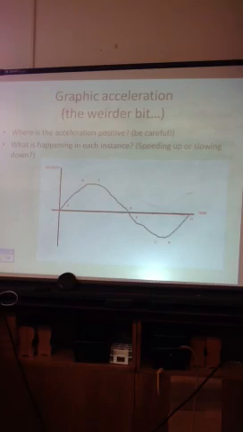The reason we can have a positive acceleration while an object slows down is because remember that velocity is a vector quantity. We can have positive velocity, we can have negative velocity, and they all relate to position. So if we call